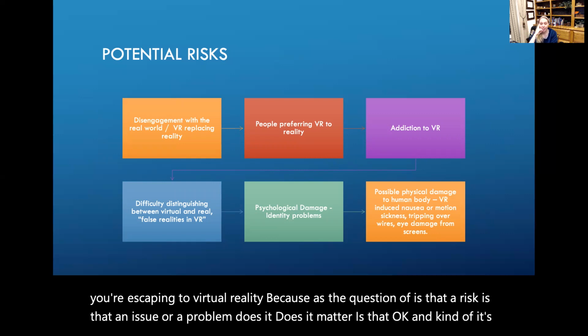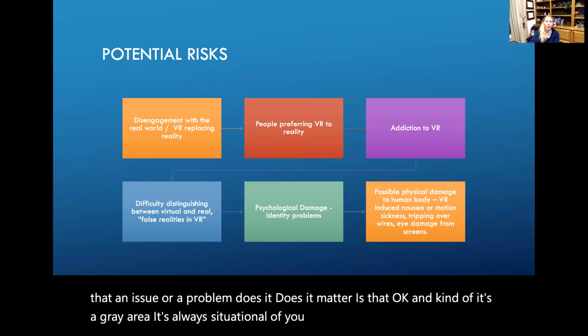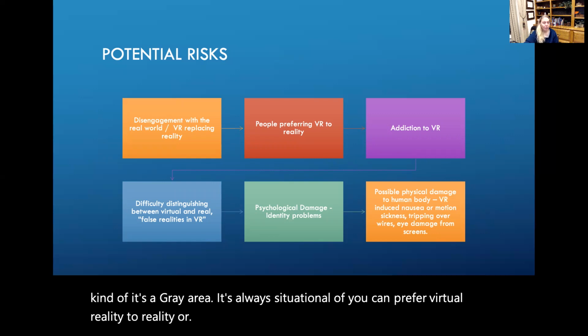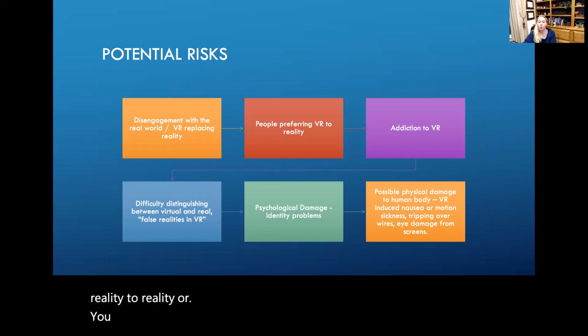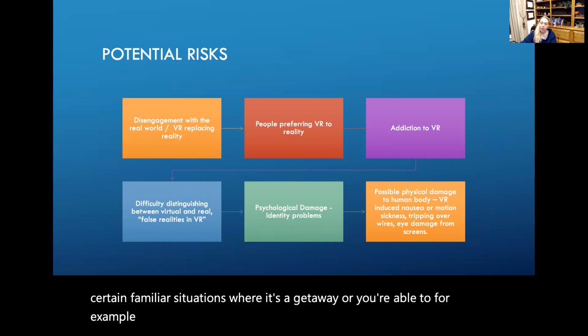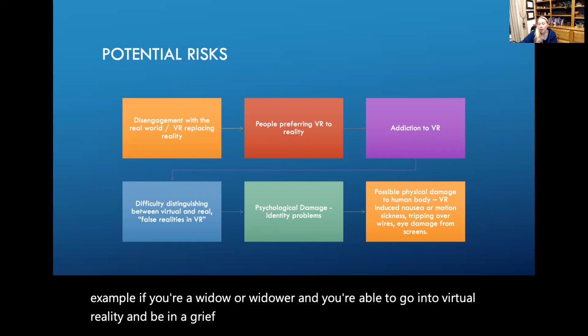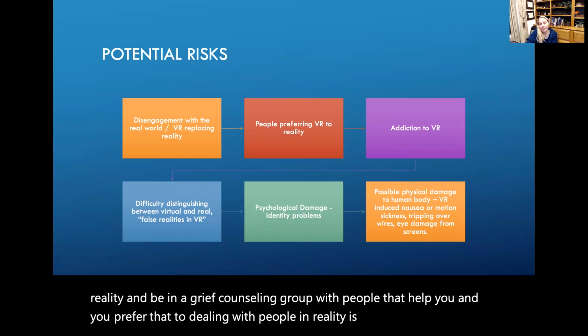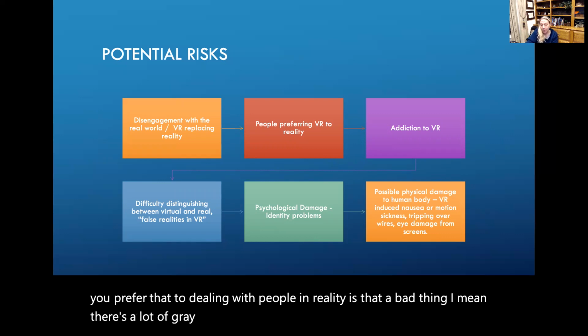It's always situational. You can prefer virtual reality to reality, or maybe that is okay. Maybe you have a great support group. Maybe there's certain familial situations where it's a getaway, or, for example, if you're a widow or widower and you're able to go into virtual reality and be in a grief counseling group with people that help you, and you prefer that to dealing with people in reality, is that a bad thing? I mean, there's a lot of gray areas here that are situational, but just like anything, we want to be able to look and say, okay,